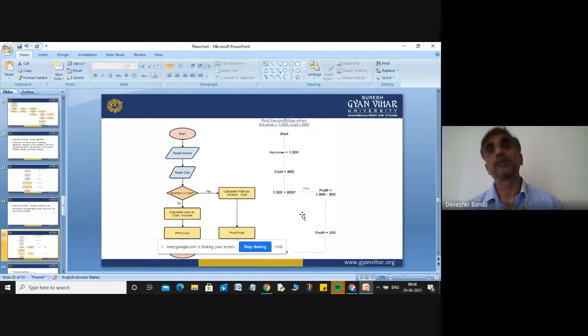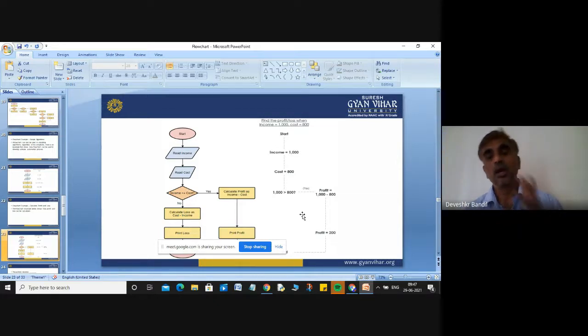And if you write the algorithm for this problem, you just start, and after that you take the income, after that you take the cost. And if your income is greater than your cost, obviously you will gain a profit. And how to calculate the profit? Obviously your cost will be subtracted from your income, and if your income is not greater than your cost,